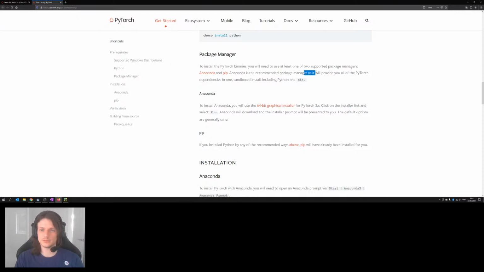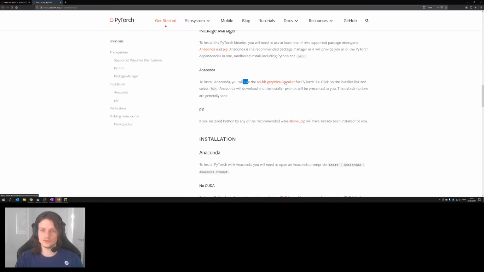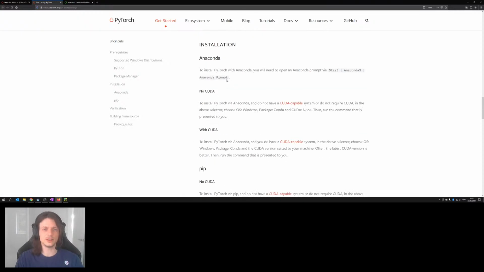Anaconda is the recommended package manager as it will provide you all of the PyTorch dependencies in one sandboxed install, including Python and pip. To install Anaconda, you will use the 64-bit graphical installer for Python 3.x. Click on the installer link and select Run. If you installed Python by any of the recommended ways above, pip will already be installed for you. Okay. To install PyTorch on Anaconda, you'll need